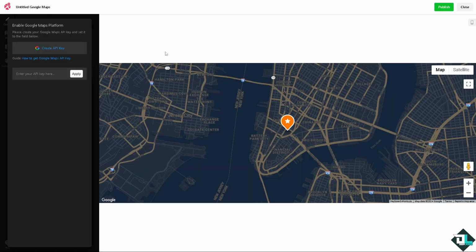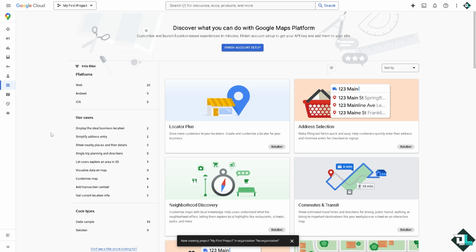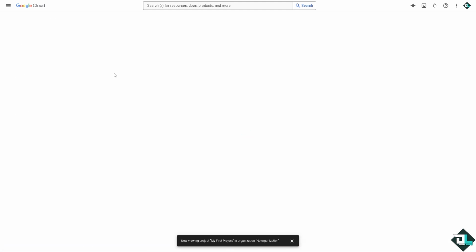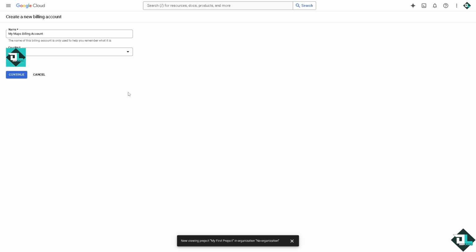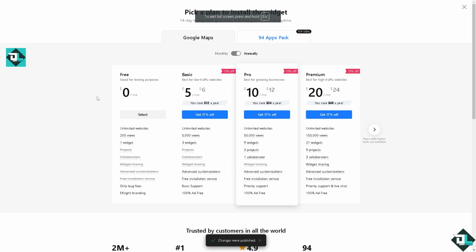Now click on get started, and once you have created your Google Maps platform, all you're going to do is go to the API and services. Right, click that, because as you can see, it requires an API key. Click on continue, and once you have published the